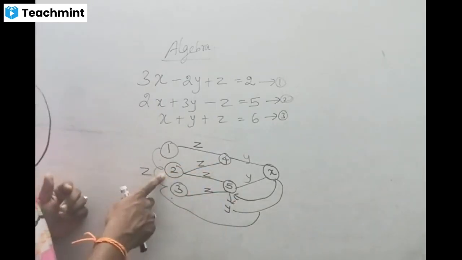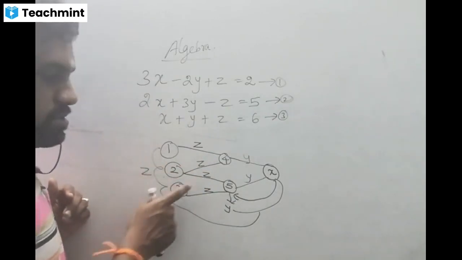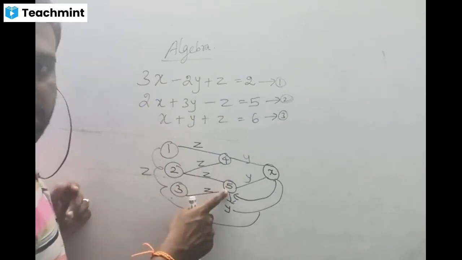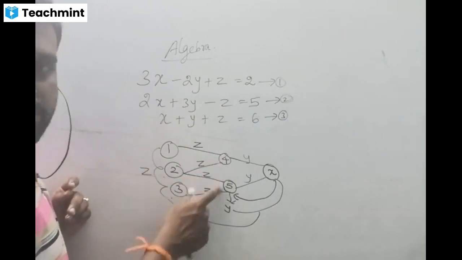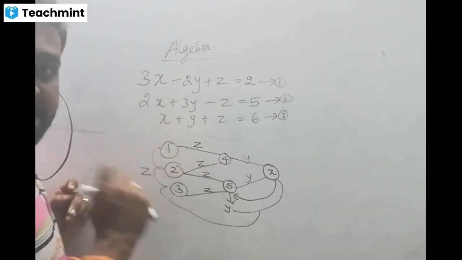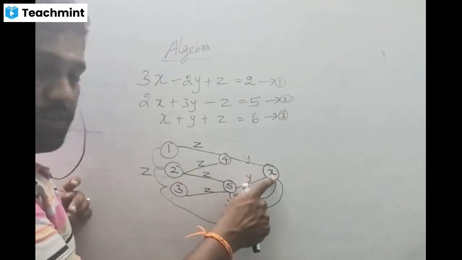Again, we have to take equations 2 and 3 and solve them the same way as 1 and 2. The variable z will be eliminated, and we get a new equation that contains only the variables x and y. If we solve these two equations, because they contain only two variables, x and y, suppose we eliminate y in both equations, we can get the value of x.